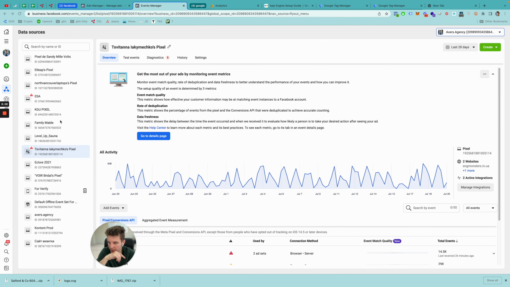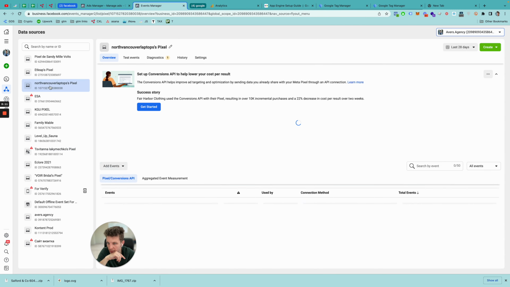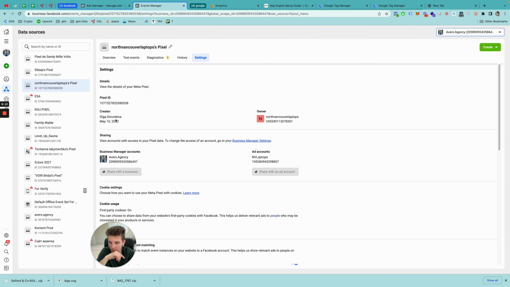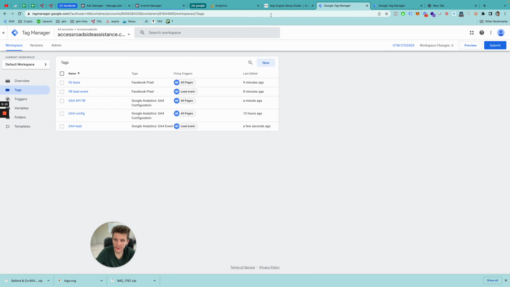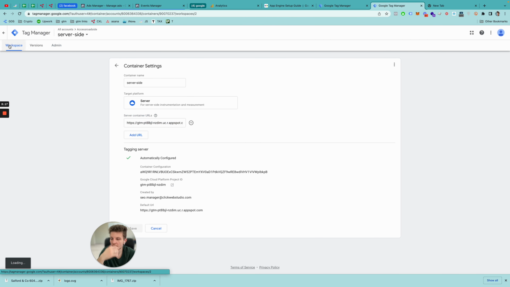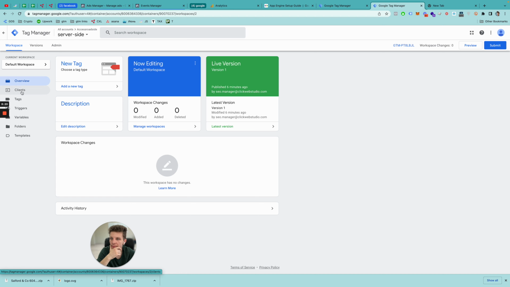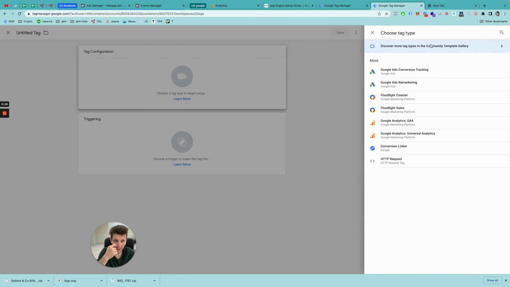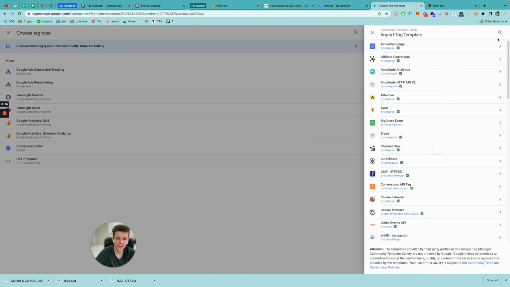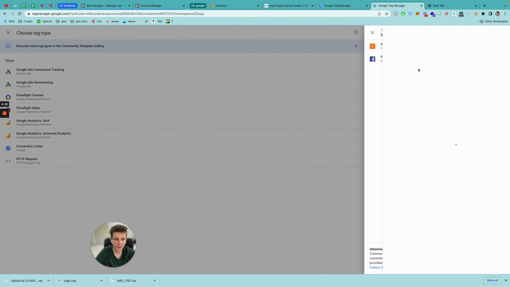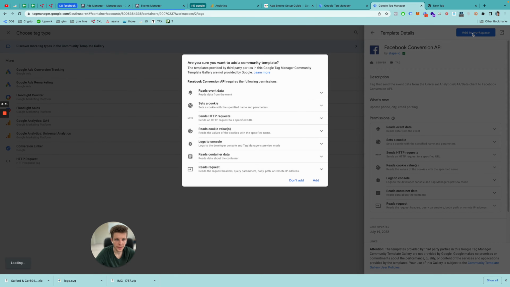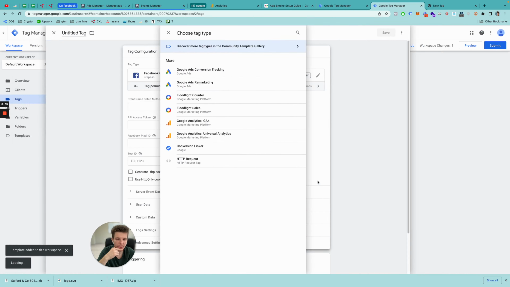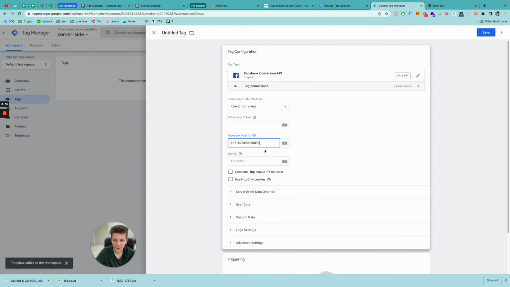Our pixel that we want to set up, in my case, I work with this one. We need to copy this pixel ID and send it to the server-side container. We also need to open the gallery and search for Facebook API from Stape. Okay, we click add. Right. We need to paste here the Facebook pixel ID, and also we need to paste our